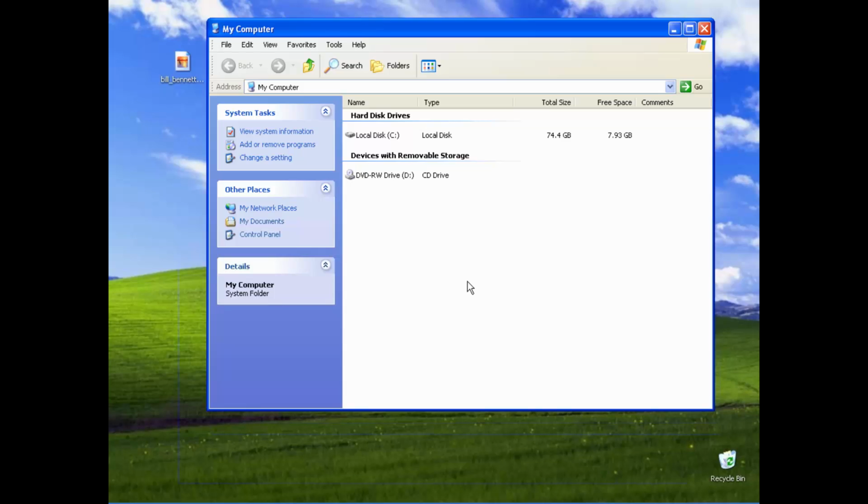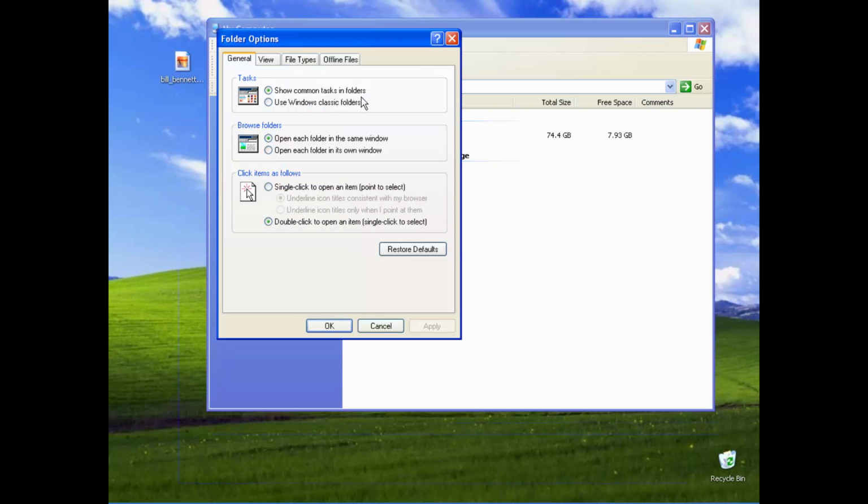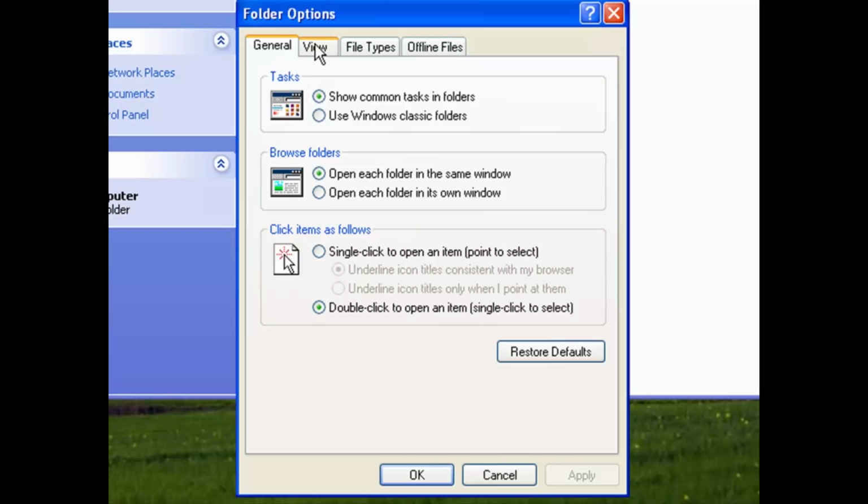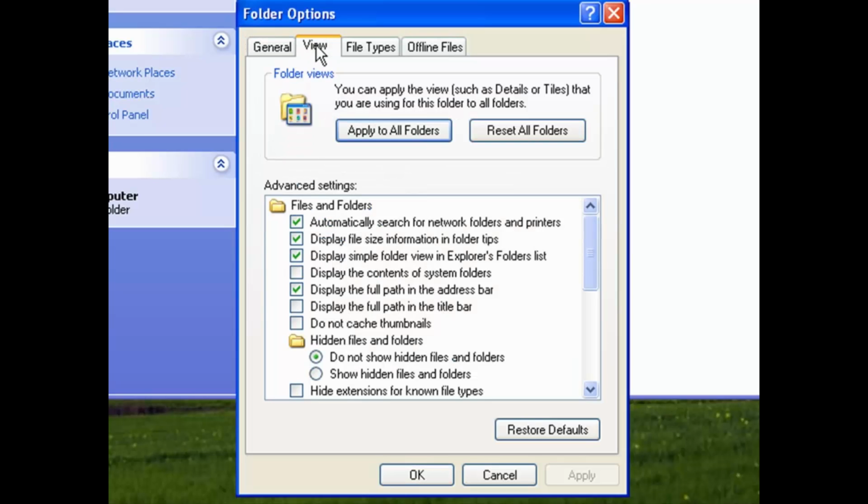and this opens up what is known as Windows Explorer, not to be confused with our browser, which is Internet Explorer. I can come up here in Windows Explorer and go to the Tools menu, click on Tools, and then choose the bottom option here, the one that says Folder Options. Once I have the Folder Options dialog box open, I can now click on the View tab,